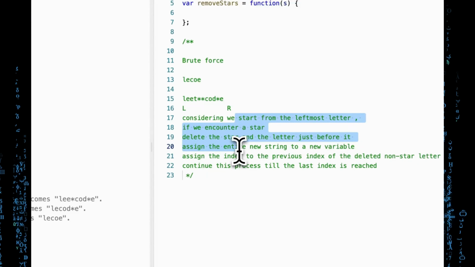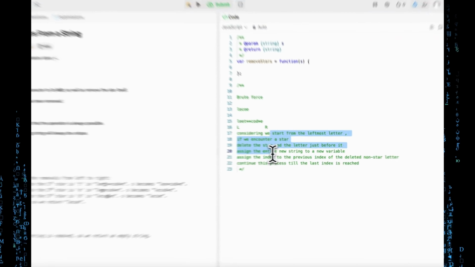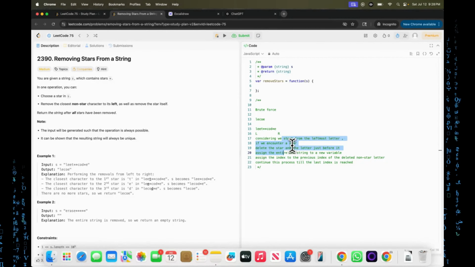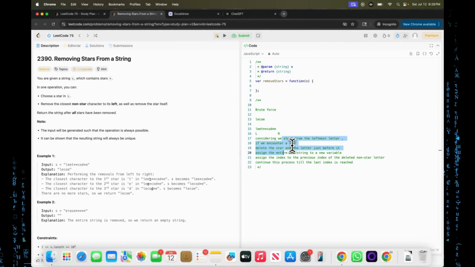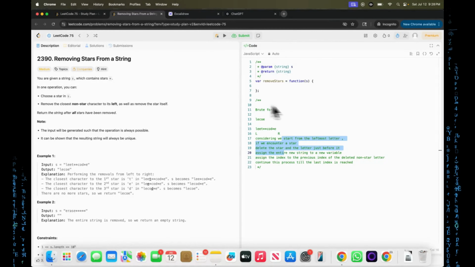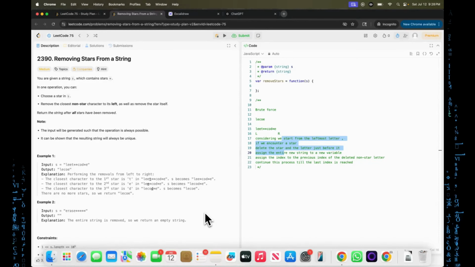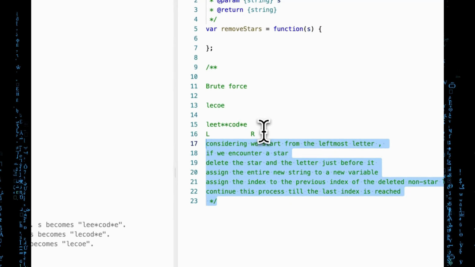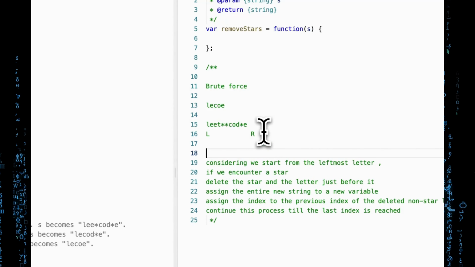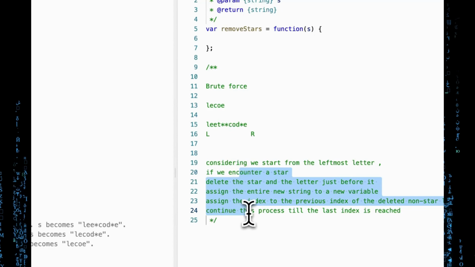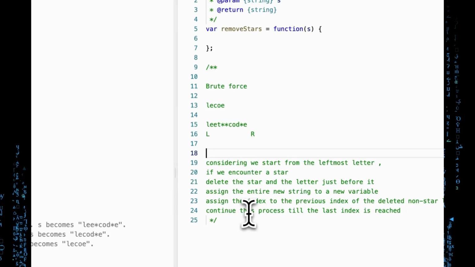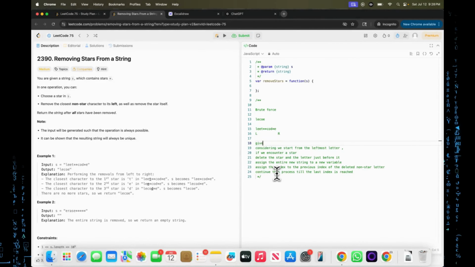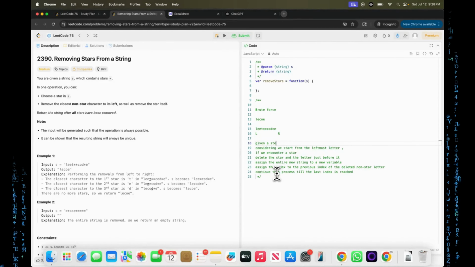So this is brute force, and I'm very much interested to see what the execution time for this solution would be. So without further ado, let's just go ahead and get the solution quickly from ChatGPT. We have written down the entire logic here, right? So let me just write down the first part, given a string